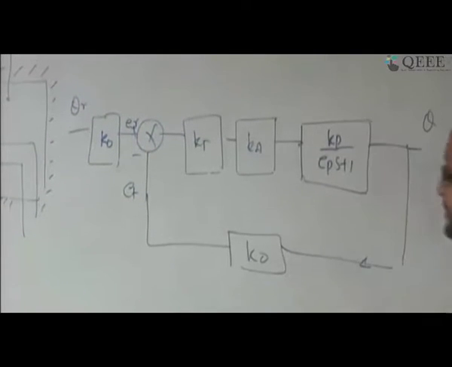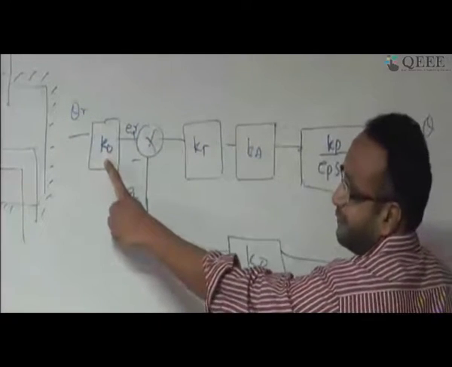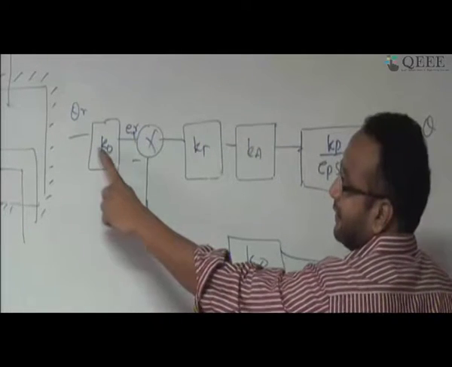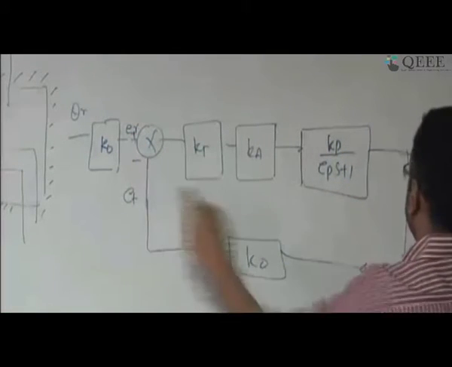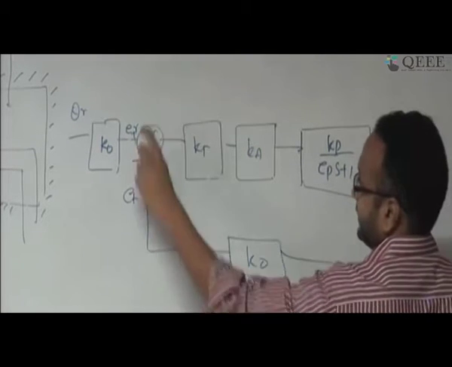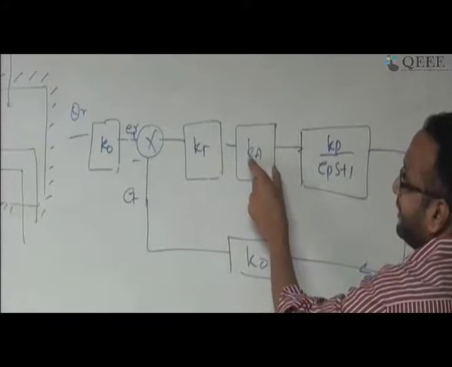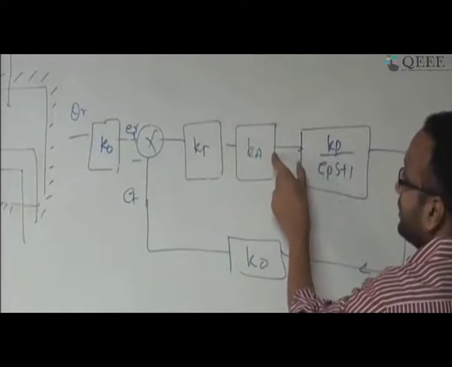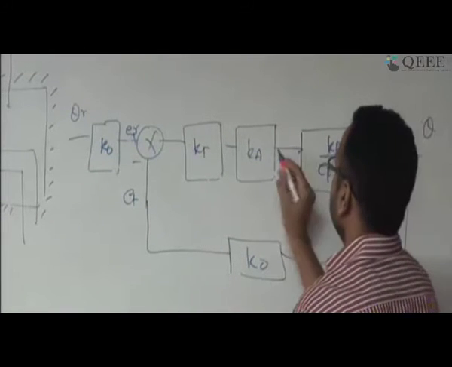So this is very much clear. Just now we talked about it. This is the reference signal. I have used some element, in this case the thermostat, which will convert it to a voltage. Then from the output, I have got the actual temperature and converted it to a voltage. Then I have taken a subtraction. When the subtraction comes, then I have an amplifier, followed by a transducer, and those things, valve position. That valve position constant I can write as Kx.